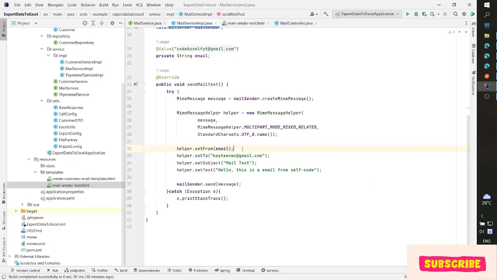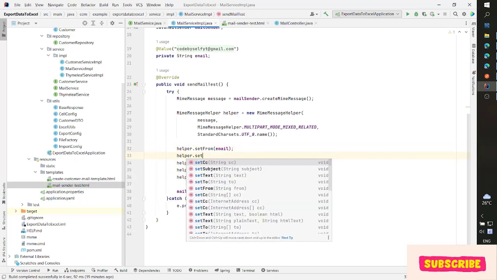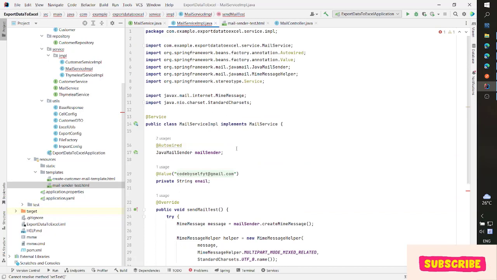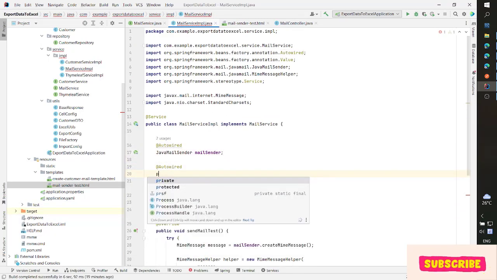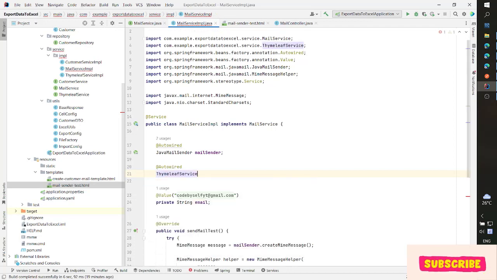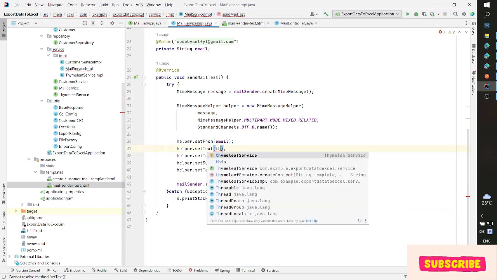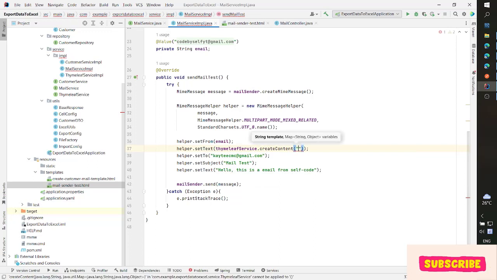Now you can see here helper.set, set tag equal. So here we ask to provide the Thymeleaf service here, inject the Thymeleaf service, set tag equal Thymeleaf service dot create content, and the template here is